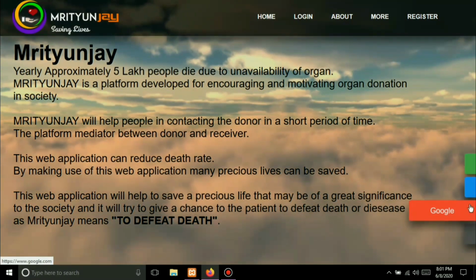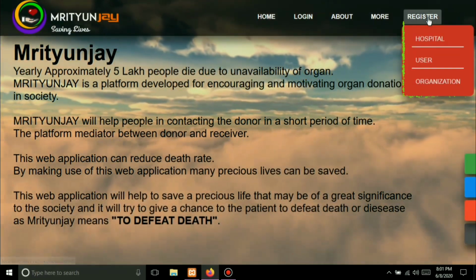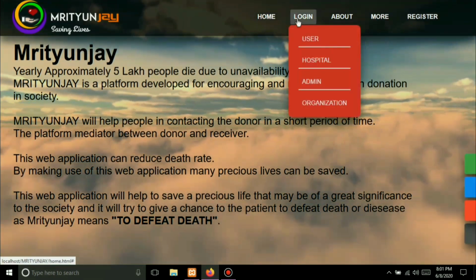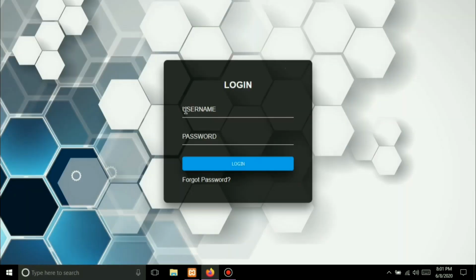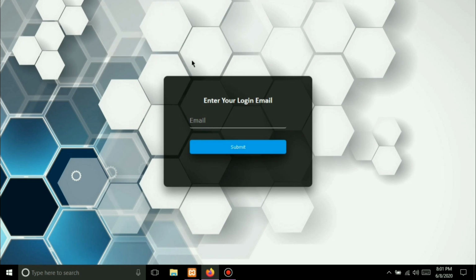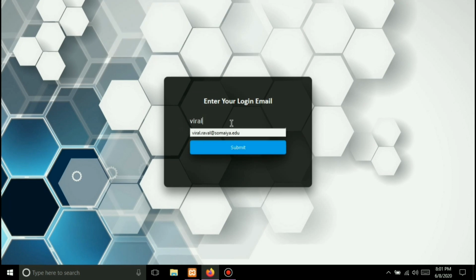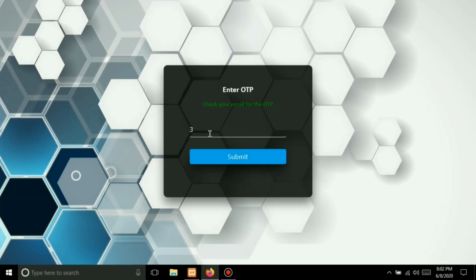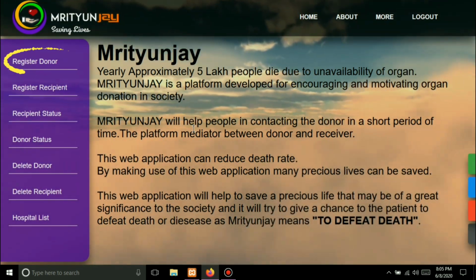Let's talk about the working of our web application. It starts with hospital registration by entering username, hospital ID, email ID, password, full address, state, etc. After that, they can log in on the basis of the username and password they have created. Further, it will ask for your email ID for sending an OTP for OTP verification. After OTP verification, the web application will redirect you to the hospital portal where you can register donor and recipient by